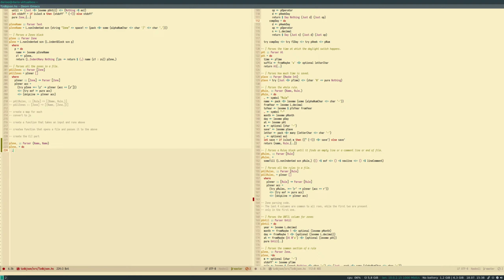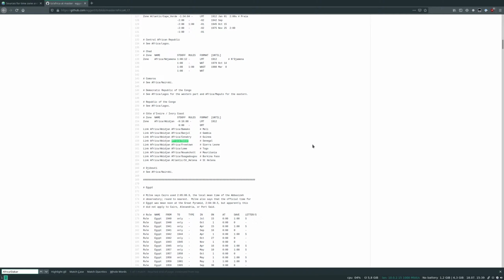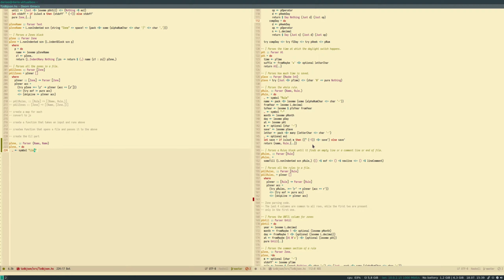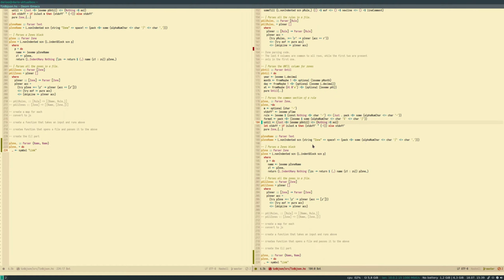So this one takes symbol link, and then has two zone names, which we can take from zone, which is here, like in p id zone name.